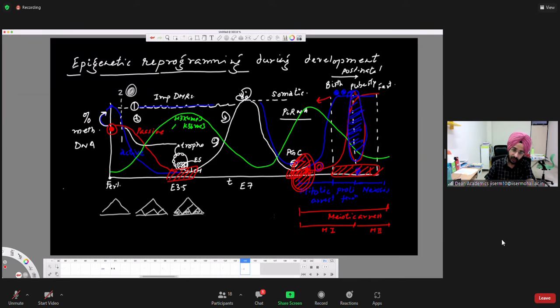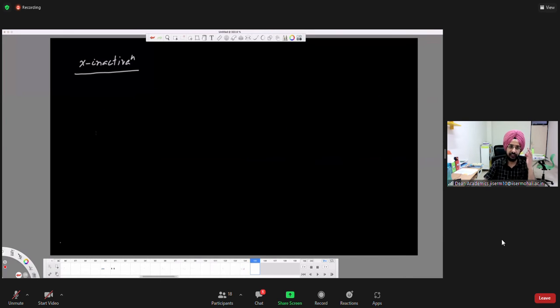Okay, so I will end with X inactivation, and I hope most of you know what a calico cat is. Anybody who looks at the cat will see those patches, right? Patches are orange and white and like that. And this is a female cat, and I can tell you that my grandmother was pretty good at that. In fact, people in those ages knew intuitively, they didn't know the science about it, but she used to tell me, we had a cat at our house and we got kittens, and one of the kittens was spotted, and she said she's female.